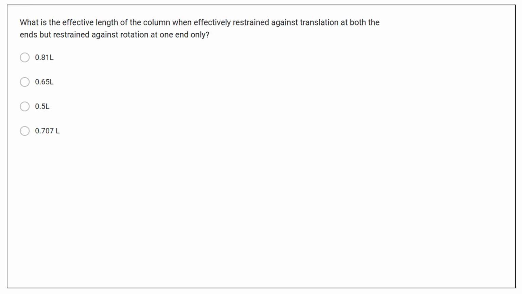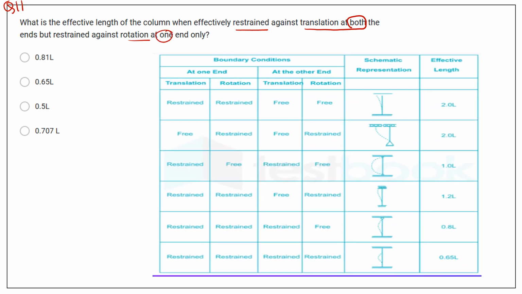The next question. Question number 11. What is the effective length of the column when effectively restrained against the translation at both ends? And second, restrained against rotation at only one end. Okay, this is the chart for the effective length. These are the boundary conditions and these are the effective lengths. So here the first condition is restrained against translation at both ends. So here in this condition, in sixth and in seventh condition, the translation is restrained, but second condition is restrained against rotation at